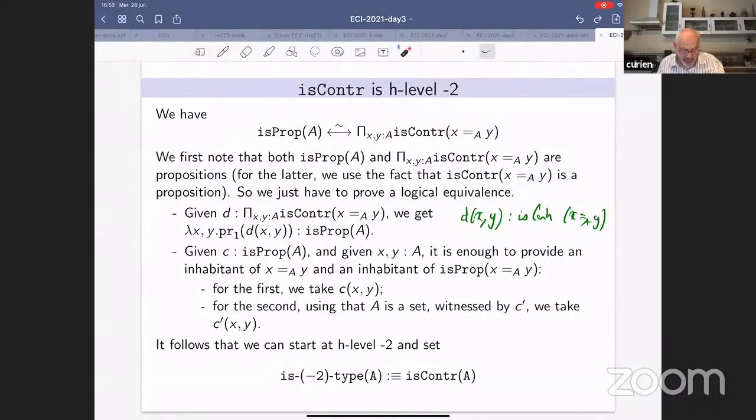So I can map d to this function. No problem. Now, in the converse direction, suppose that I have a proof that A is a proposition, and we want to show that x equals A y is contractible. So for this, we know that we have to provide a pair of two things. We have to provide an inhabitant of x equals y and an inhabitant of